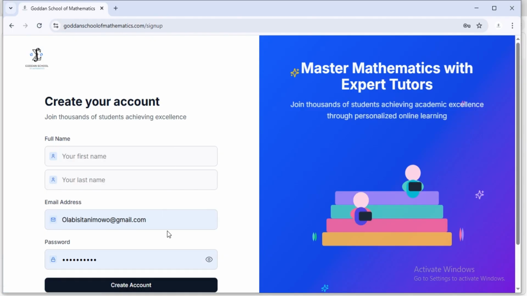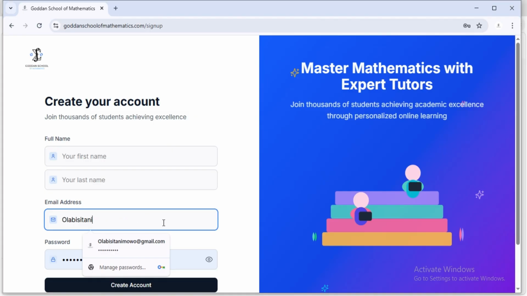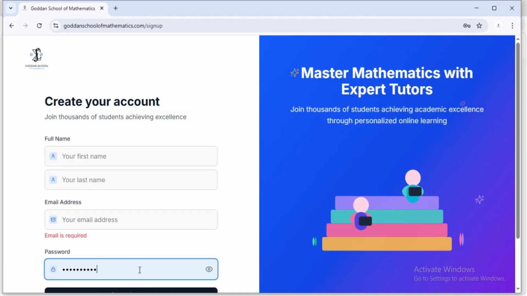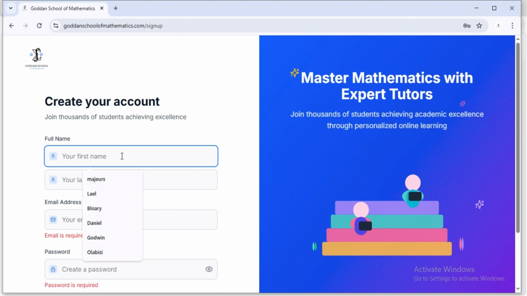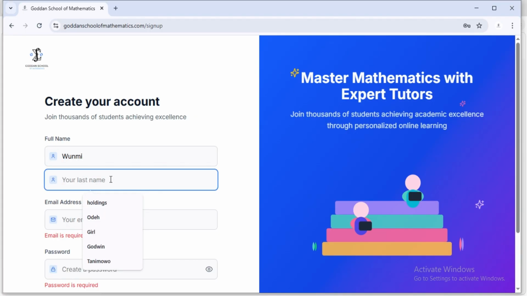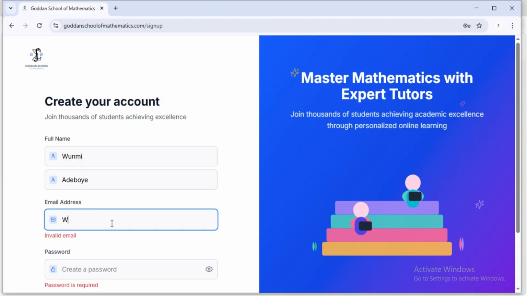The first details we are requesting is the detail of the parent, right? So this first detail is the parent or guardian enrolling or registering the child. So let's assume the name of the parent is Wumi, and then your last name, which is the surname, is Adeboye, right? Wumi Adeboye. And then let's assume your email address is Wumi Adeboye at